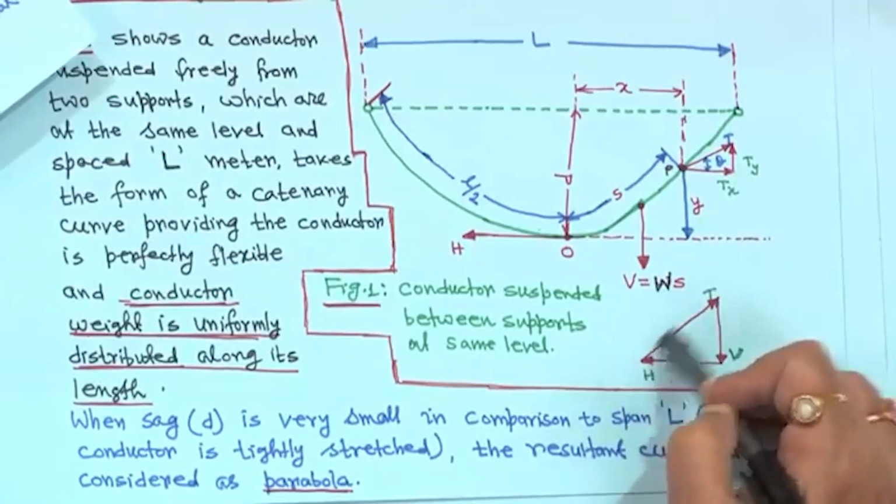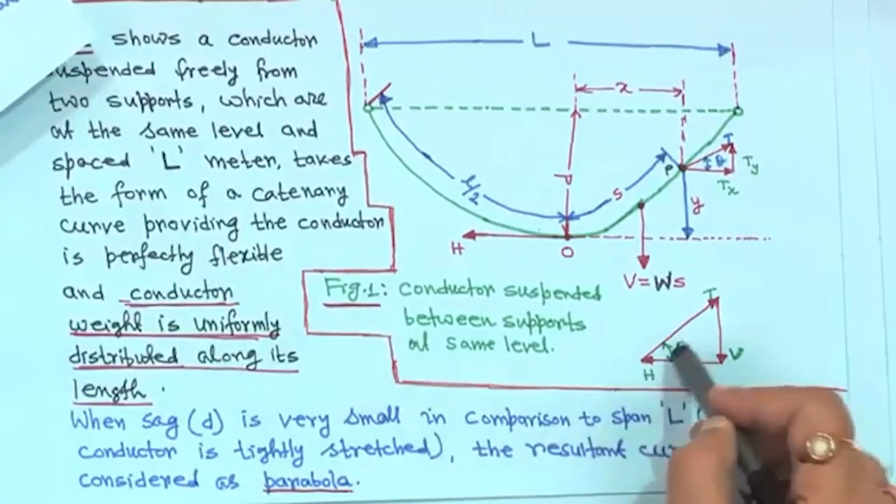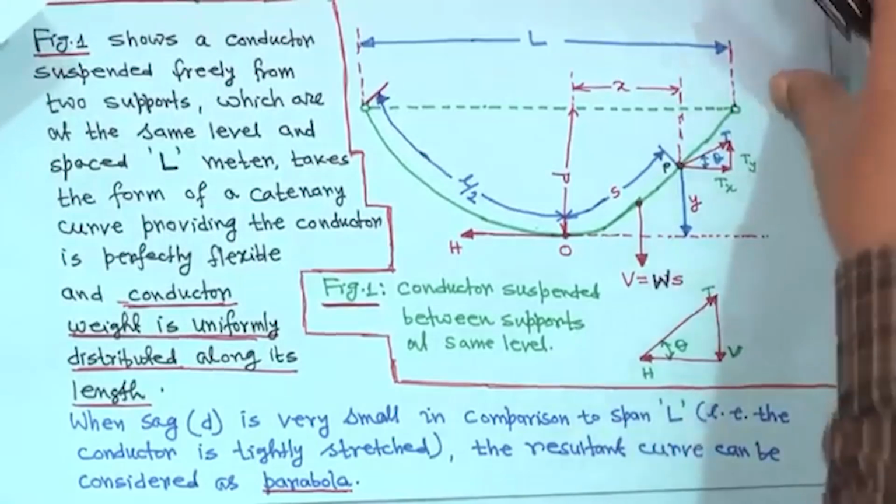If you make this triangle, this is the tension T, and this angle is theta, that means tan theta is equal to V upon H. Therefore,